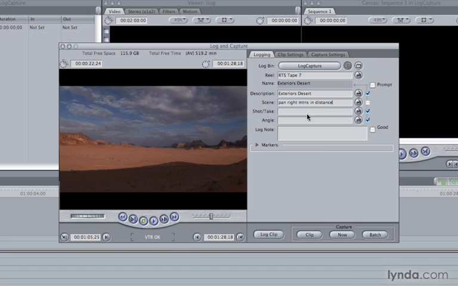And then I'm going to go ahead and label this Shot 1. I'll press the Tab key to go to the next dialog box, and we see under the name it says Exterior Desert 1. Wait a second, what happened to my pan right mountains in the distance? I need to make sure that this box is checked, otherwise Final Cut Pro won't use it as part of